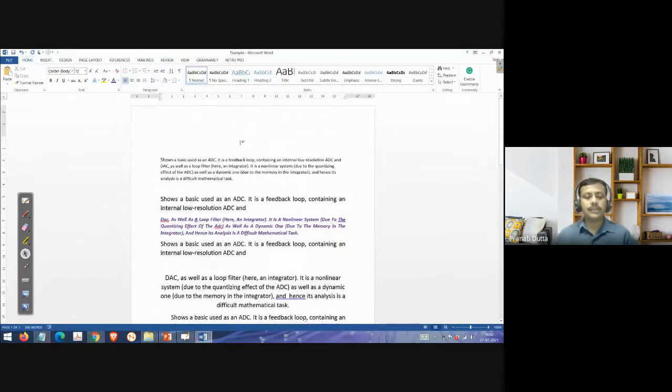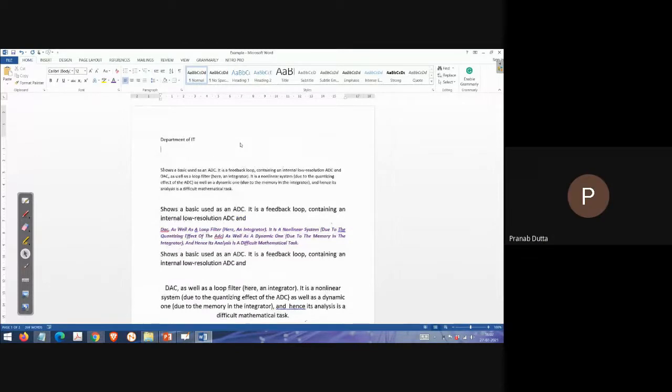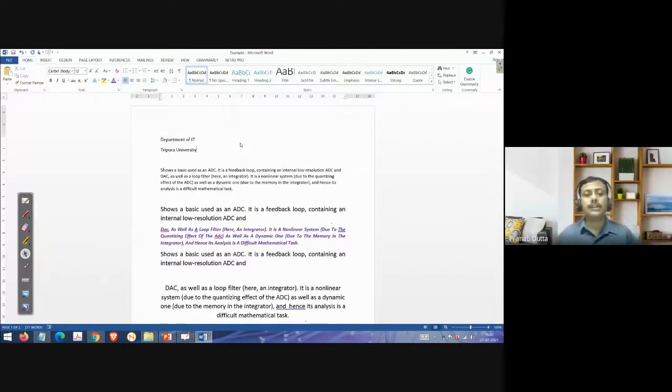Suppose I'm writing Department of IT, Tripura University. Right, I've written it like this. I want it in the middle, so I can easily do it, just select it and press the center button. It will be directly in the middle. So this alignment I can easily do with this button.